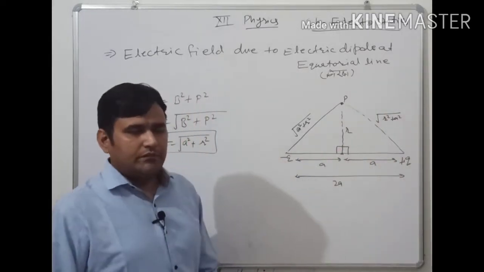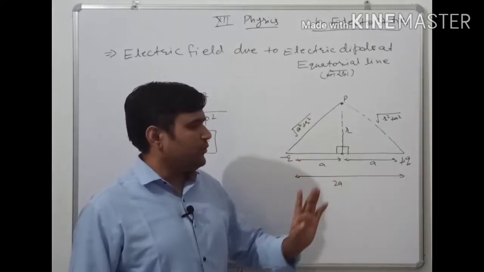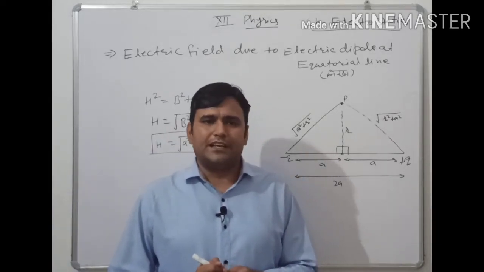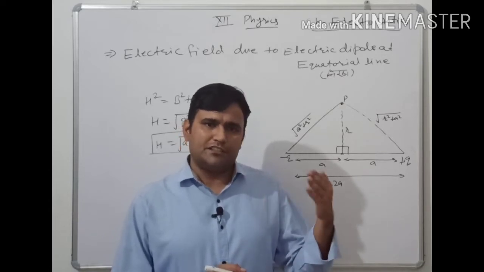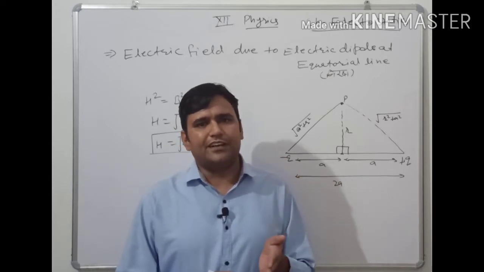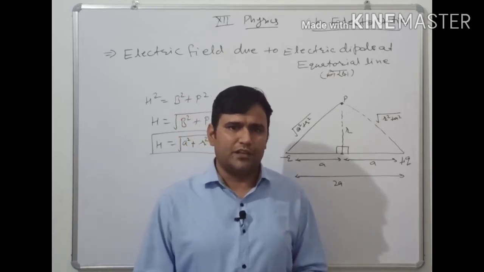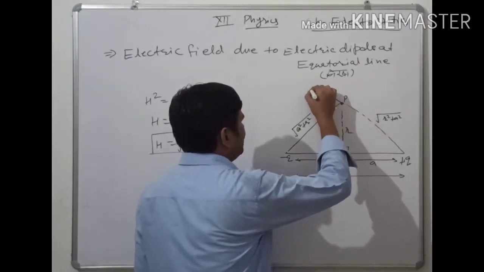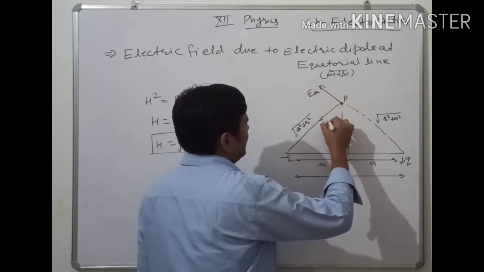Now we are considering the direction of the electric field at point P due to the minus q charge and due to the plus q charge. Earlier we have discussed it. The direction of the electric field due to a positive charge is outward. मतलब प्लस चार्ज की वजह से आपके पास इलेक्ट्रिक फील्ड की डायरेक्शन आउटवर्ड होगी, बाहर की तरफ होगी. And the electric field direction due to a negative charge is inward. वो किधर होगी आपके पास? इनसाइड होगी, इनवर्ड होगी. That's why here the electric field directions will be E plus q, and the other is E minus q.